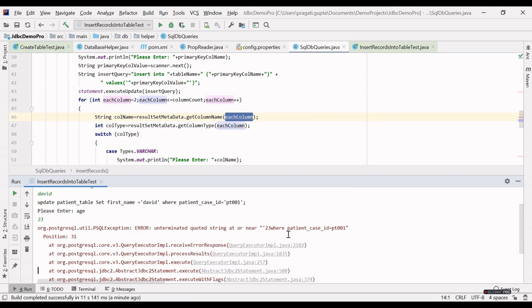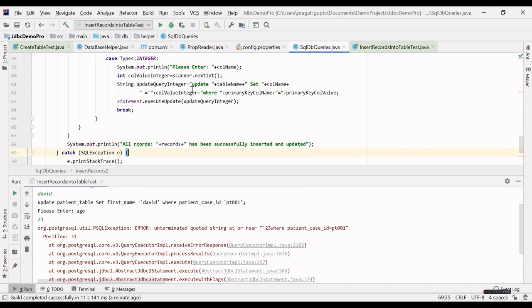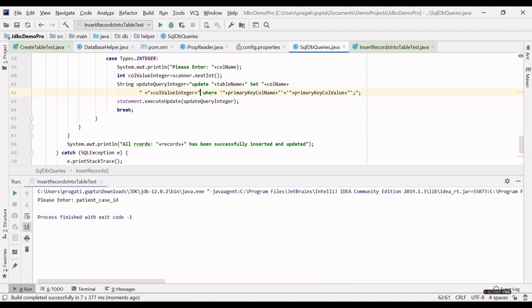Okay, again there is some typo mistake. 23, I forgot to make changes here, same. Guys, we don't need to provide the single quote for this integer value, right?